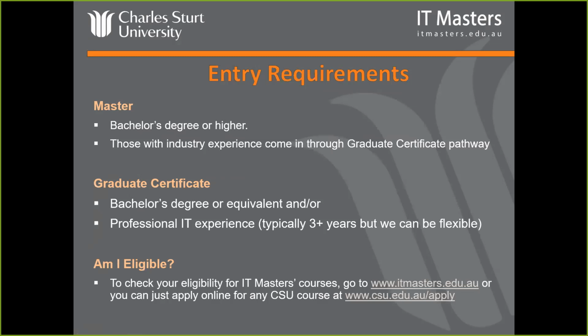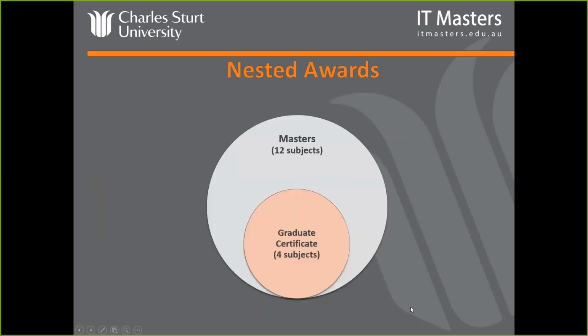So if you're wondering about whether you're eligible, whether your experience level or your qualifications make you eligible for the course, you can go to the IT Masters site. They've got a wonderful thing called an eligibility form, which allows you to check whether you're eligible and also to check what credits you might be eligible for. You can also apply directly online, and that eligibility and credit check will also be done as part of the application process. So 2 URLs there to look at